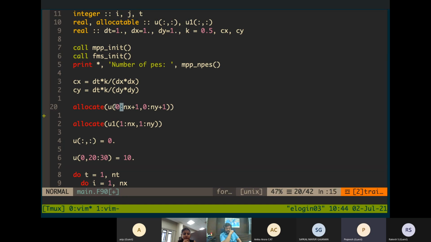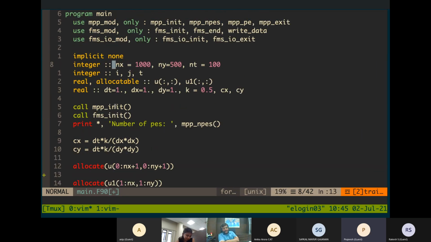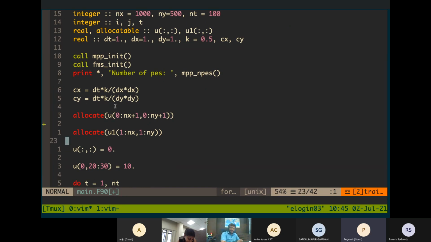Why I'm taking 0 and nx plus 1 is because that row or column will be the boundaries of this domain. My actual domain is 1 to nx. So I'm just taking one boundary layer along the domain. That's why I'm taking 0 to nx plus 1 and 0 to ny plus 1 here.